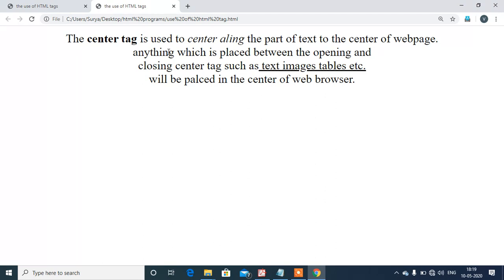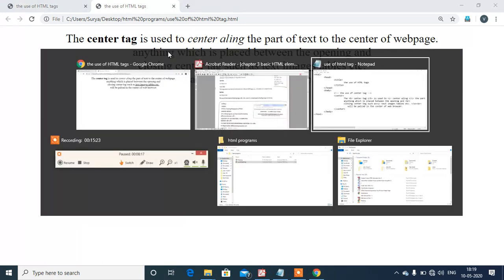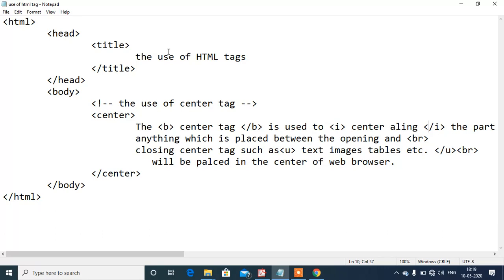Now, we can also use all the three tags together. For example, suppose we have written B and then U and then I, then center tag and then close B.